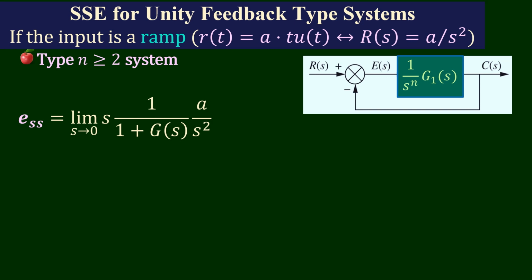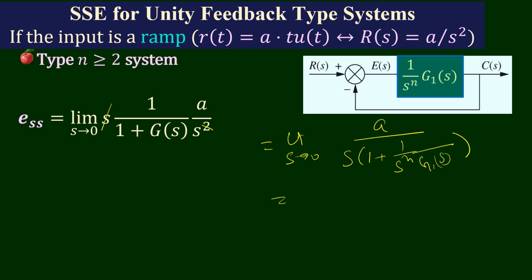And if we simplify it, we will get s tends to 0 A upon s into 1 plus 1 over s to the power n G1(s), and a little simplification will give us s tends to 0, and here we will have A upon s plus, here is a typographic error, originally it will be